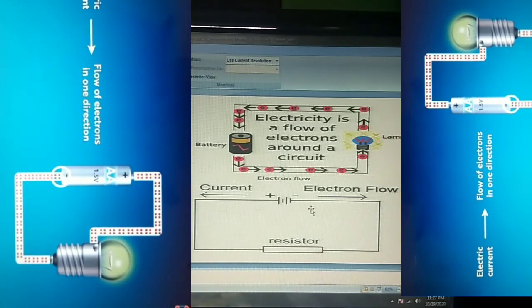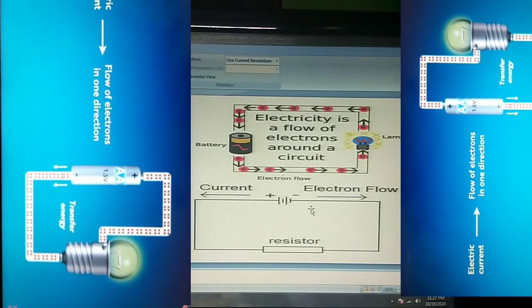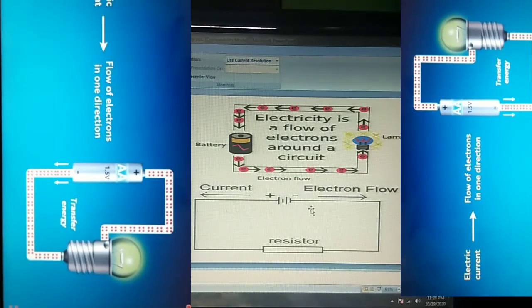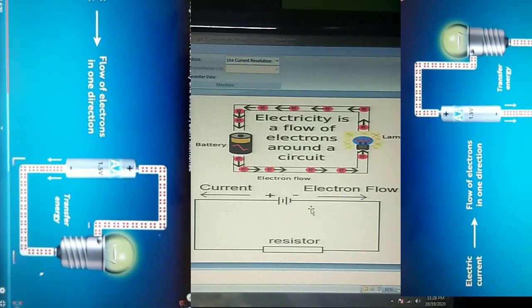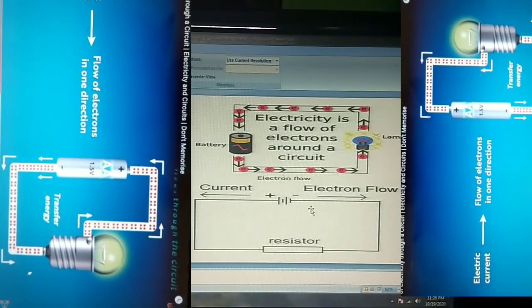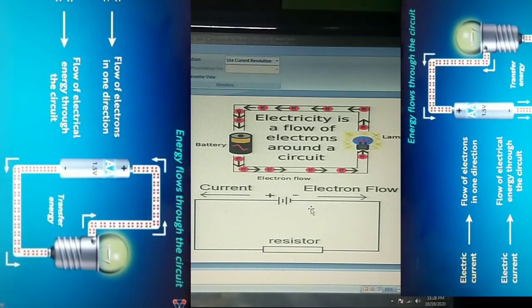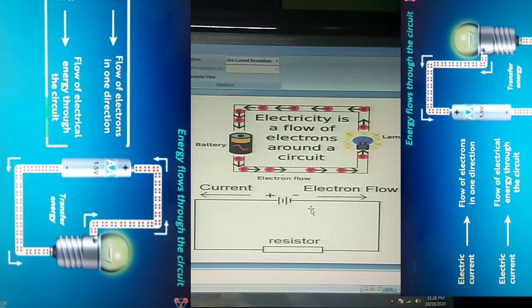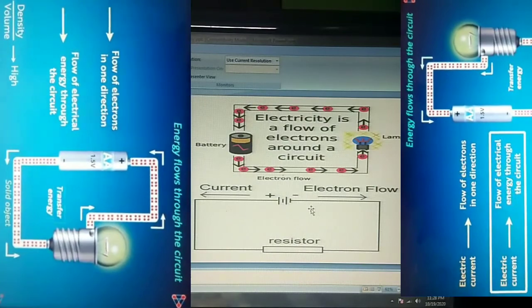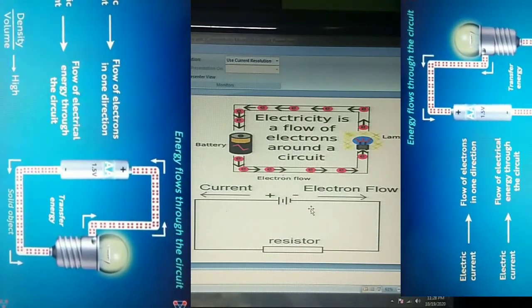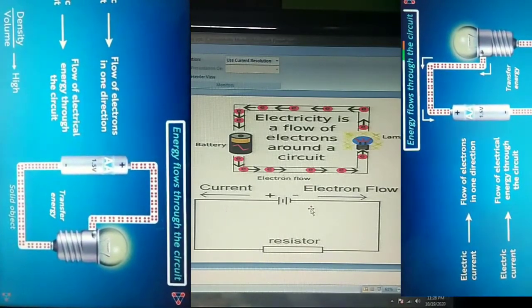Whenever the wire or the conductor is connected to the two ends of the source, the free electrons already present in the metallic conductor will be organized in a single line and move through the load, and when the circuit is completed, closed, the bulb glows. When these devices are shown with symbols, it is called a circuit diagram.